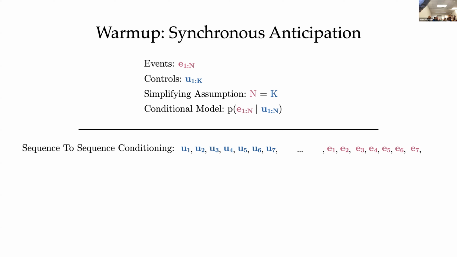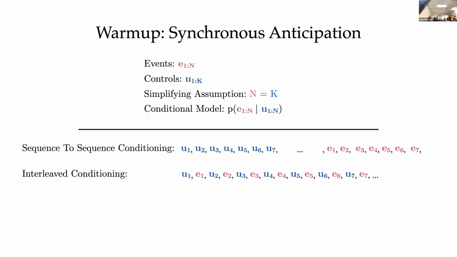And with more modern transformer models that have explicit context windows, it might not just be that it's hard to look back all the way to U1. It might be that it's actually not in the context window of my transformer. And now I'm just dead. I need to generate E1, I need to know what U1 is, but U1 is so far back in the sequence that I have no idea where it is. So that's no good. The saving grace here is that this is an artificial problem. I decided to set up my problem this way by appending the controls to the events. So maybe there's some other way that I could arrange the learning problem to make this a little bit easier.